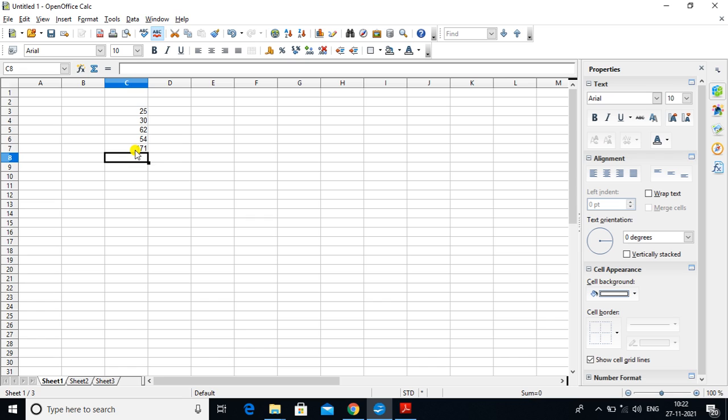Okay. So, the total sum is displayed here. Whatever numbers you enter in the above cells, that sum is added and the result is shown here. Okay. This is the function of the sum symbol.